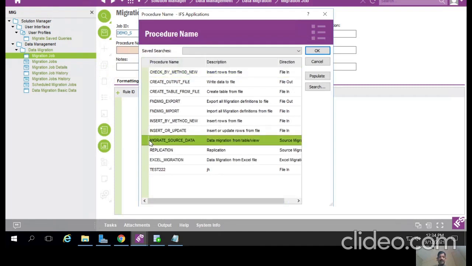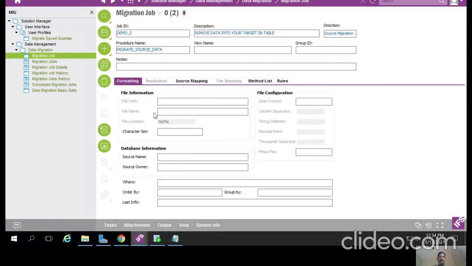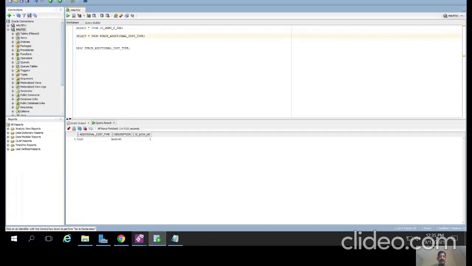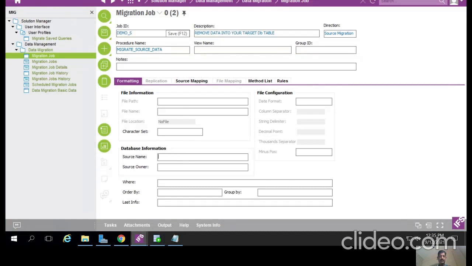Okay, migrate source data procedure. Right guys. So under the formatting tab here, this is very important. For the source name, we are putting here your time table. So what is your time table name? My time table name is IC underscore demo underscore app underscore tab. So we'll take an alias name.